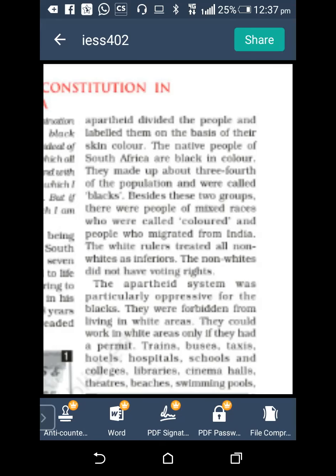Then since 1950, the black, colored, and white and Indians fought against the apartheid system. They launched protests, marches, strikes. The African National Congress was an umbrella